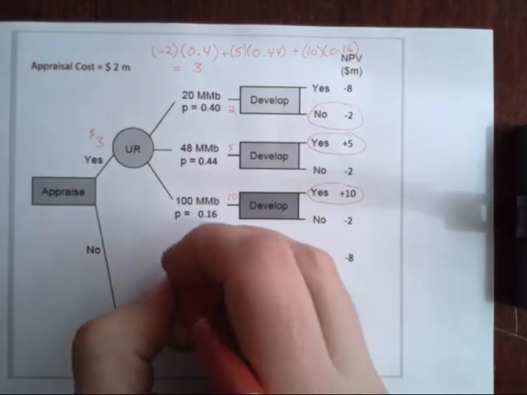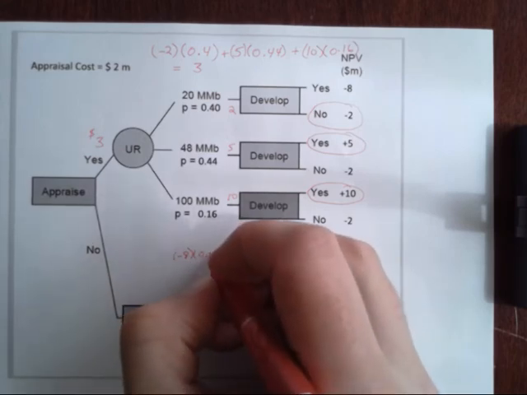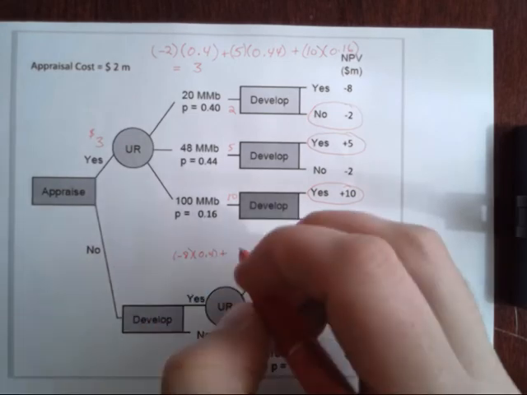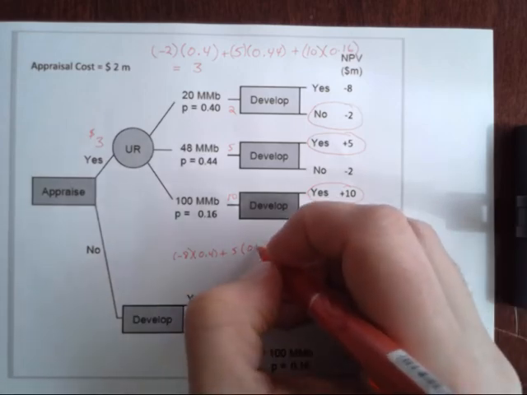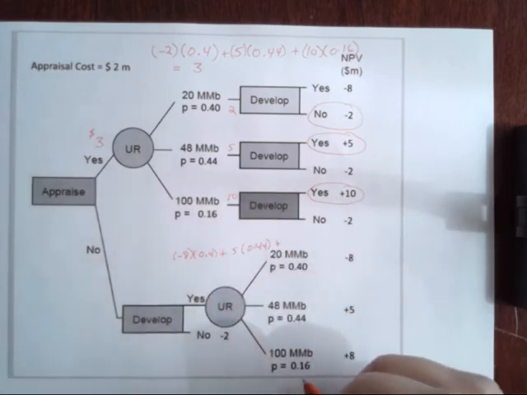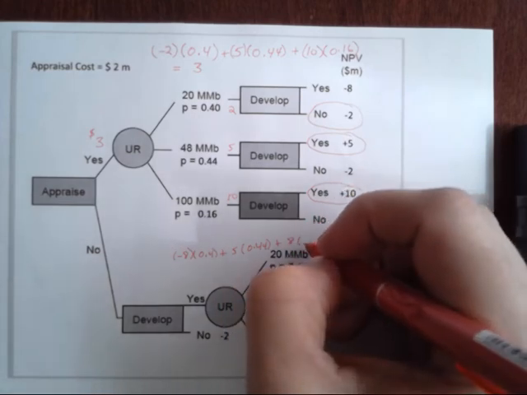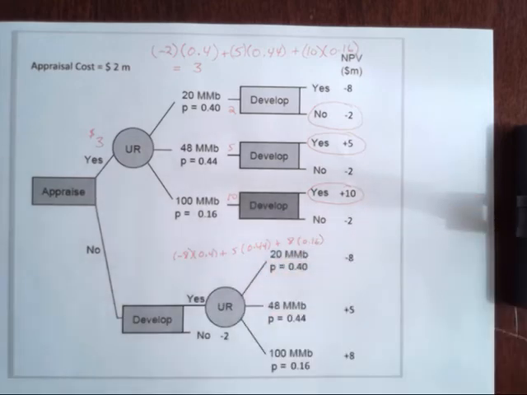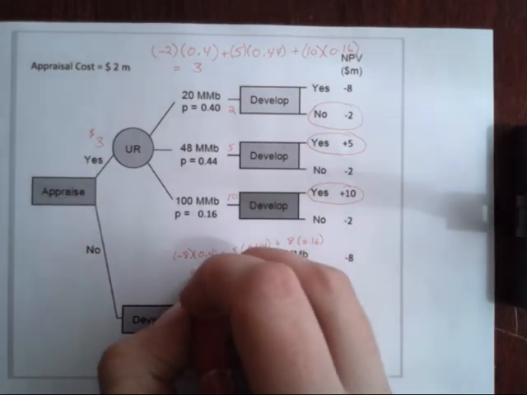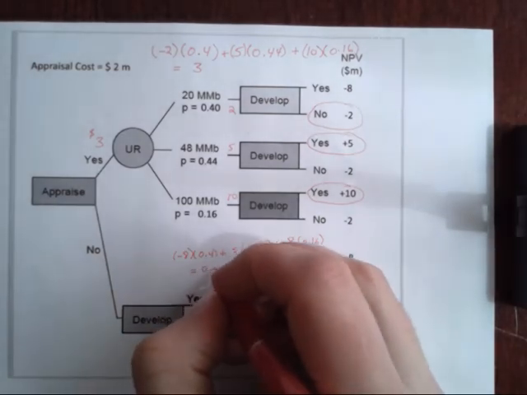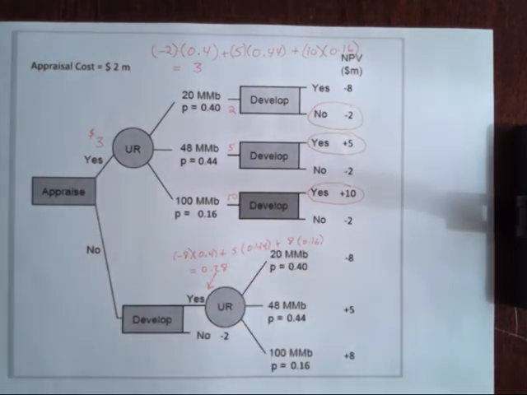So I've got -8 multiplied by 0.4, plus 5 multiplied by 0.44, run uphill a little bit, plus 8 multiplied by 0.16. Adding all those three numbers together, you will get a value of 0.28. And if you want to see where this lies in the graph here, this comes out right